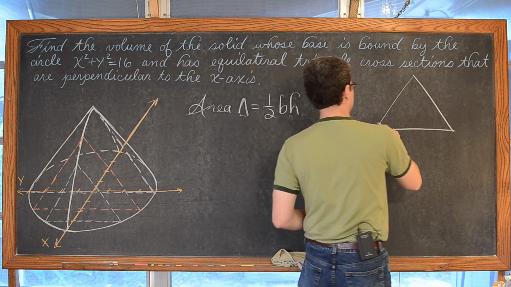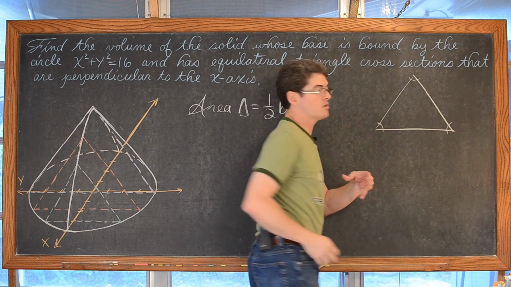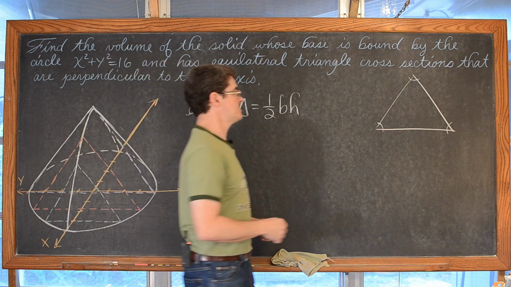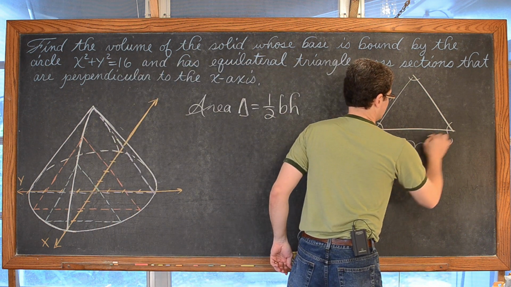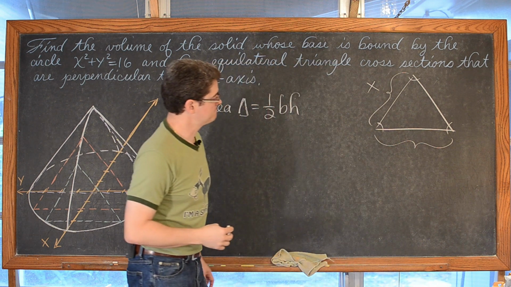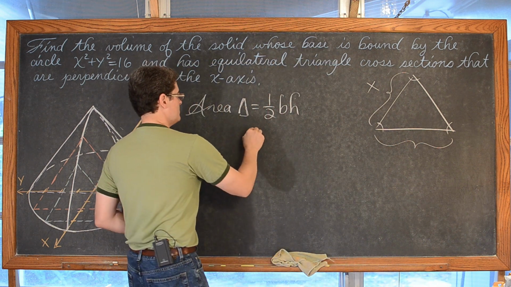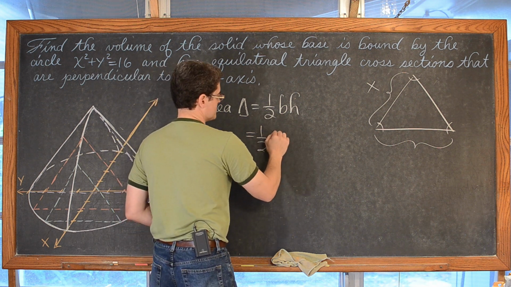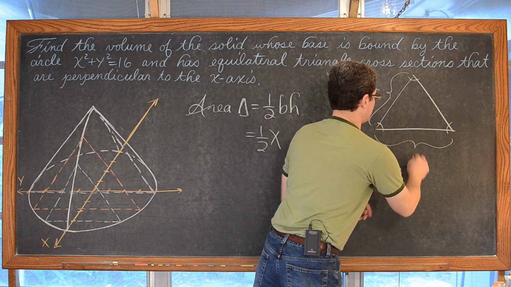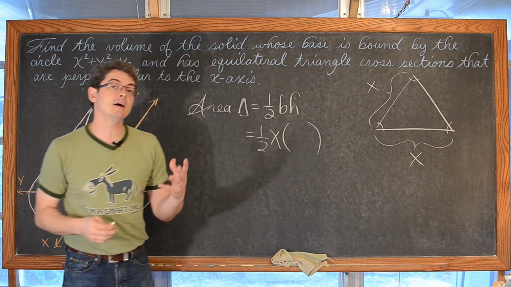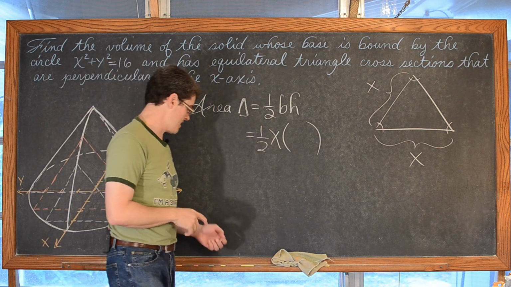So we have an equilateral triangle, which of course is also equiangular, so each of those angles is equal to 60 degrees. We're going to identify these sides as a length of x, and so the area of an equilateral triangle is 1/2 base, which is going to be our base identified with the value of x, times the height. So I need to figure out what the height is in terms of x.